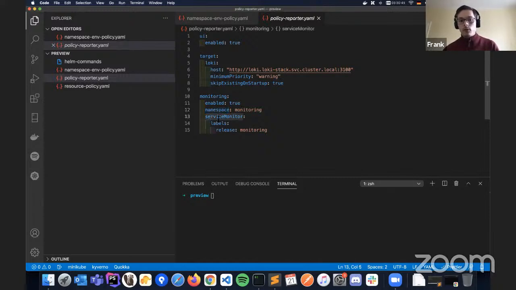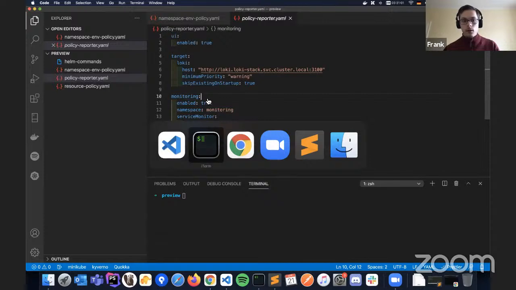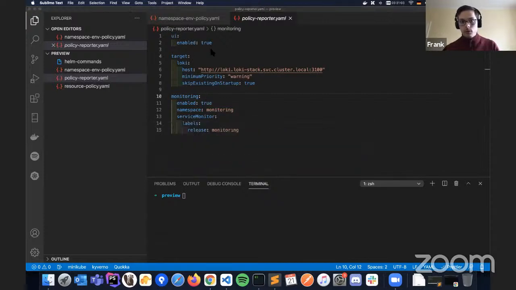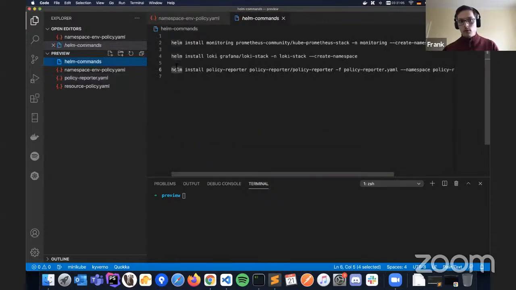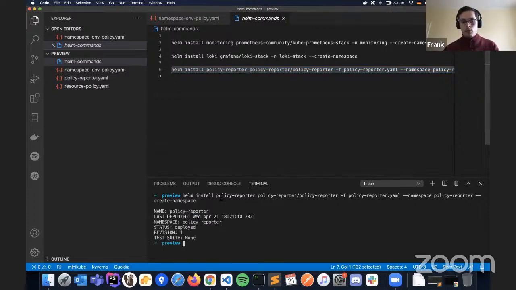To grab the service monitor created by policy reporter, I set a label which is dependent on your Prometheus operator stack. With this configuration, I execute my install command, and it creates